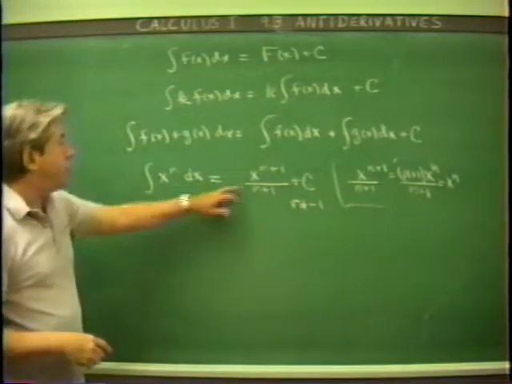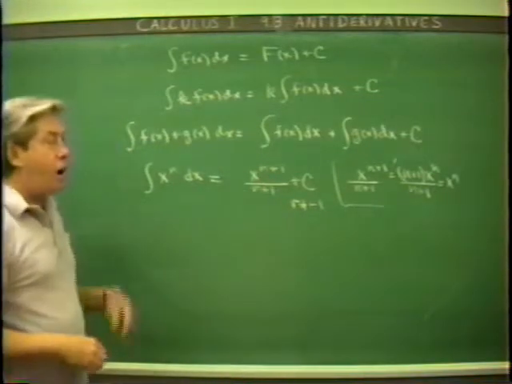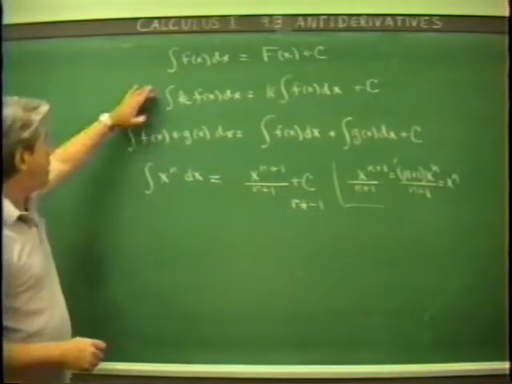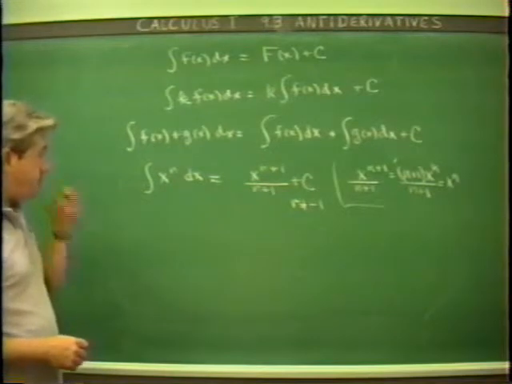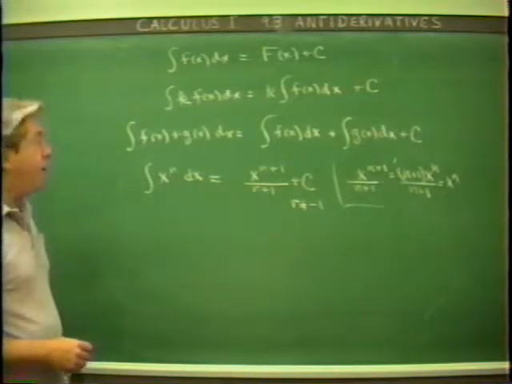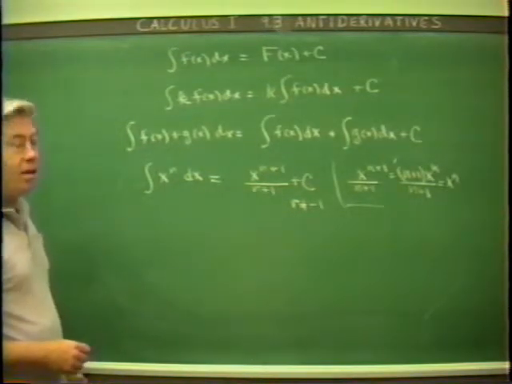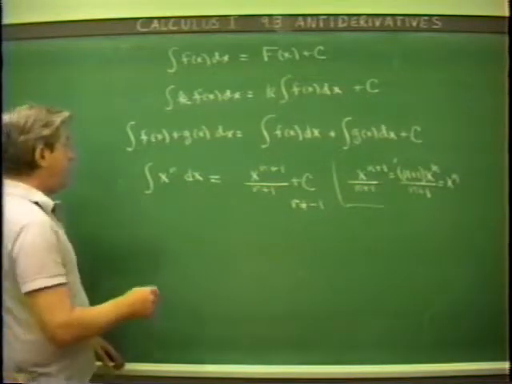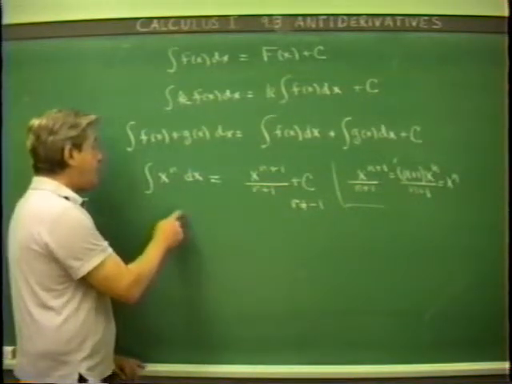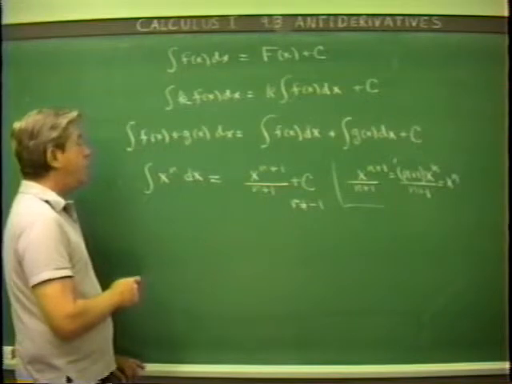The antiderivative of x to the r power is going to be x to the r plus 1 over r plus 1. And as a consequence of that, and these two rules, one can now find antiderivatives of anything that looks sort of like a polynomial. That's to say, if it looks like constant multiples of powers of x,